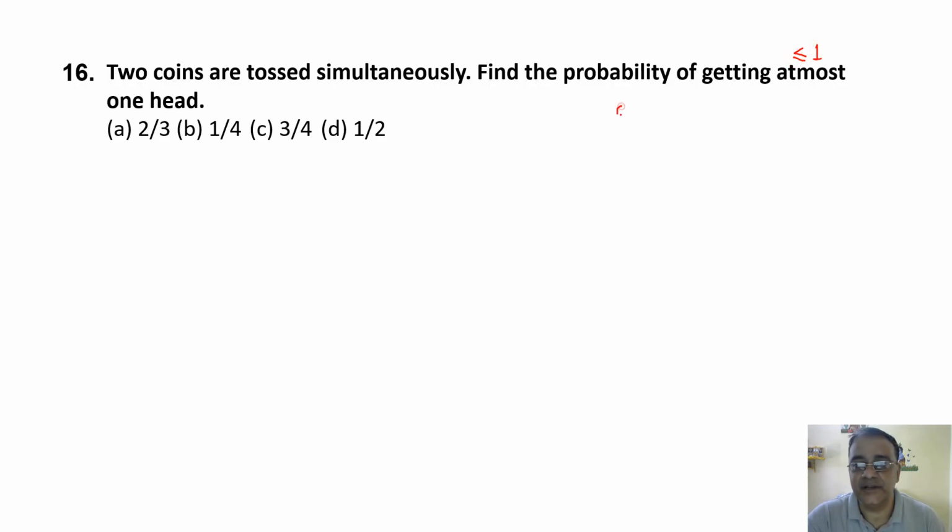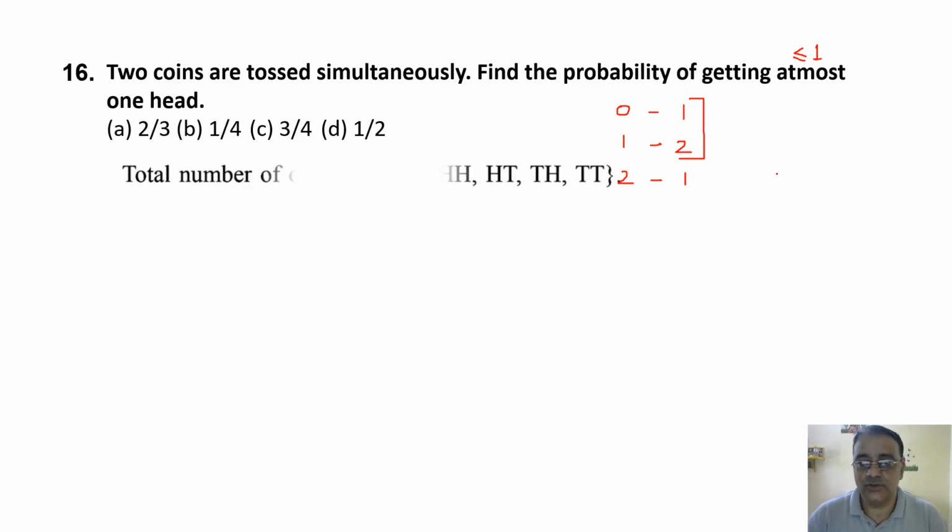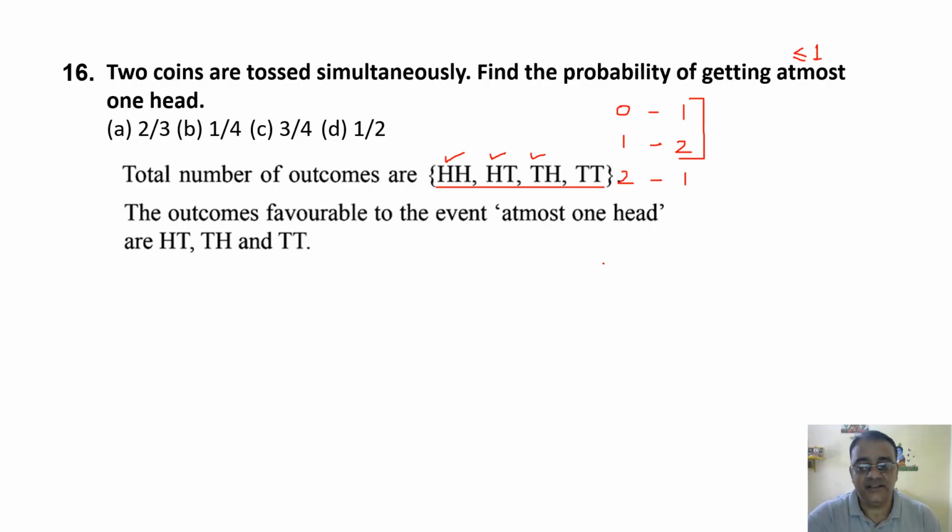ठीक है, इसमें एक ट्रिक मैंने बताया था, 0 1 2, this is the number of heads. अगर दो कॉइन टॉस कर रहे हैं तो ऊपर नीचे 1 लिख लो और बीच में 2, सो हम लोग को केवल ये दोनों लेना है, right, that is 3 out of 4. So total number of outcomes are 4, that is HH, HT, TH or TT, and we have to take these three outcomes, right, and the required probability is 3 by 4, and the correct option is option C, right. So now we are moving towards section B.